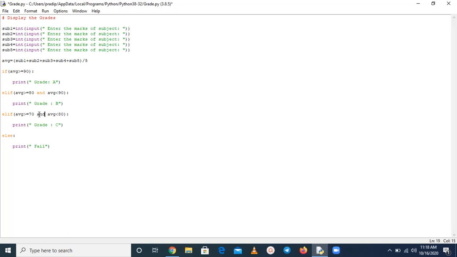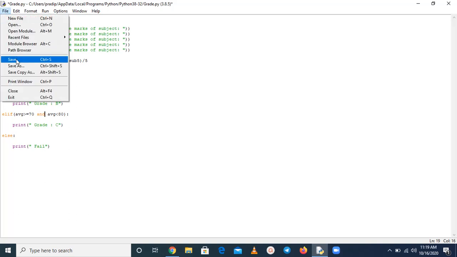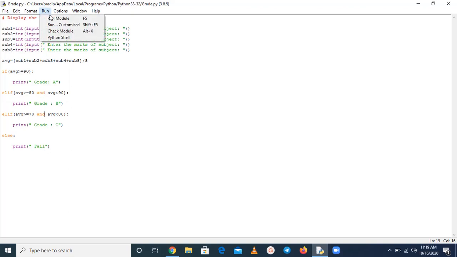I think you have a little bit of idea about digital electronics, so there is AND, OR, NOT. Basically this is going to perform an AND operation, not what we mentioned earlier. So you have to use and, now just save it and run the program again.